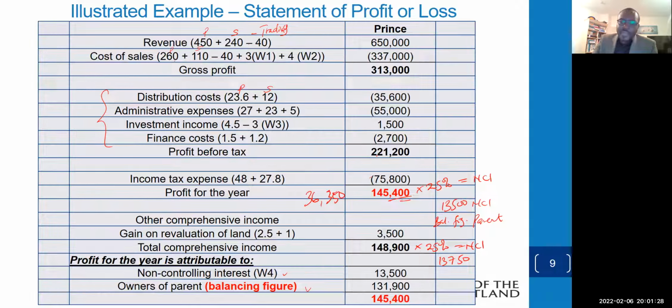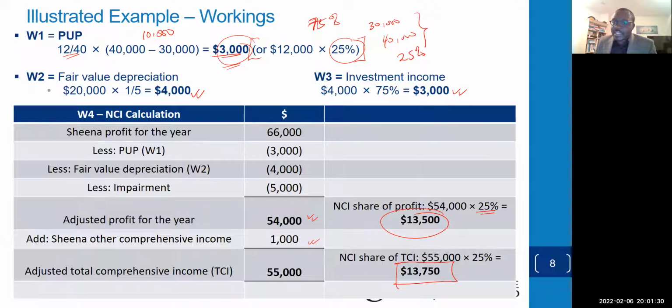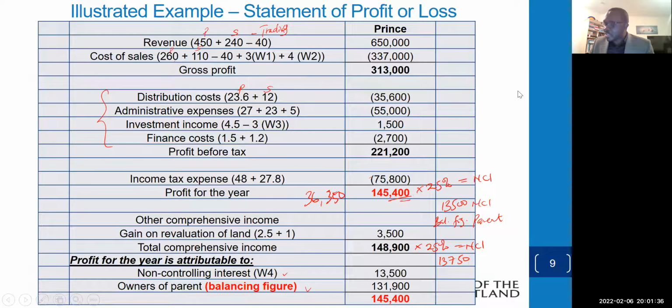Now compare this to what we actually have, 13,500. That is way off. So be careful once you get to this level. Don't make life easy. Life is not that easy. Sometimes, if you wanted to get the NCI portion for this total portion, we've already calculated it's 13,750. Use that one. Don't be tempted to find 25% of 148,900, then you end up getting 37,225,